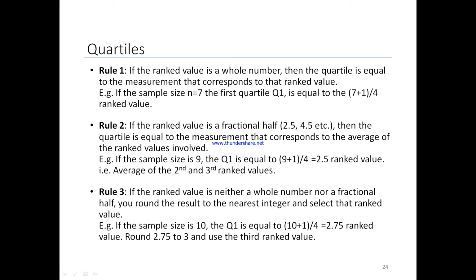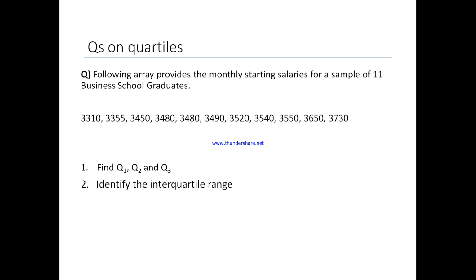So you have to round this to the nearest integer. Now let's say you get 2.1, so the nearest integer would be 2. If you do not get a whole number or a fractional half, you have to round to the nearest integer. So you can take this data set and find out the first quartile, second quartile,